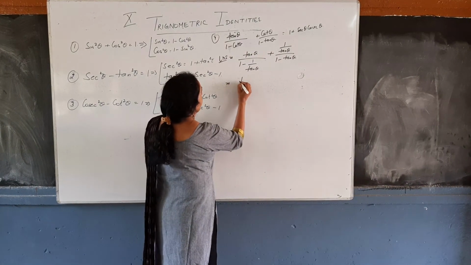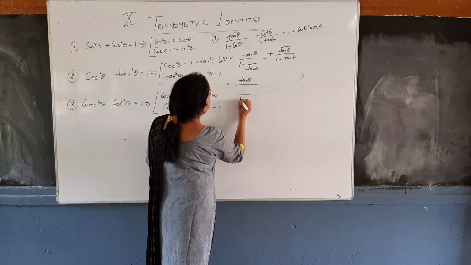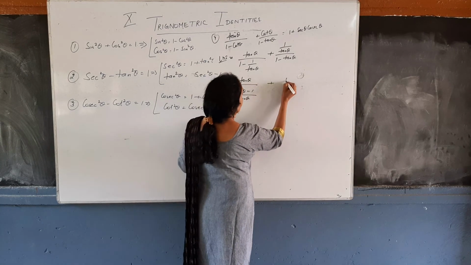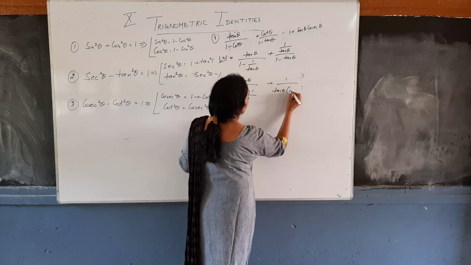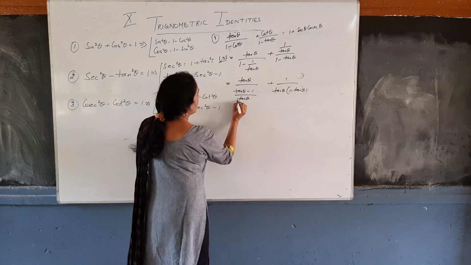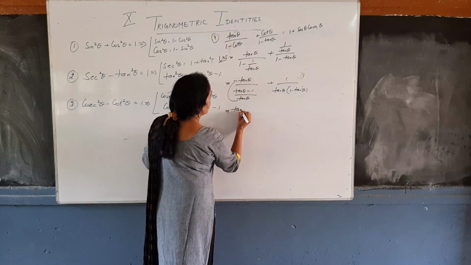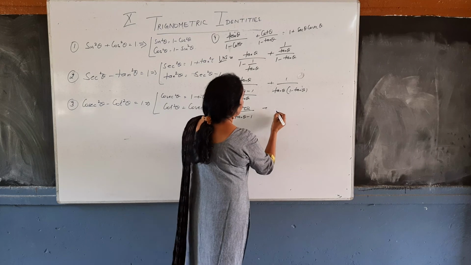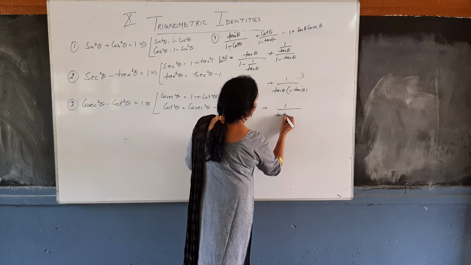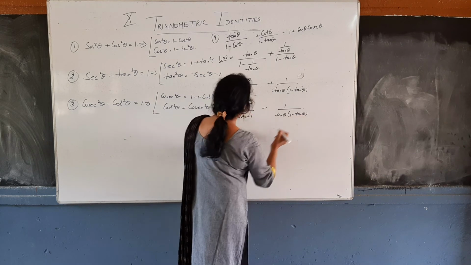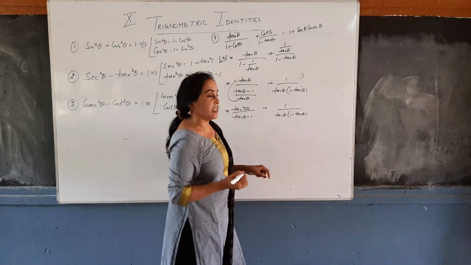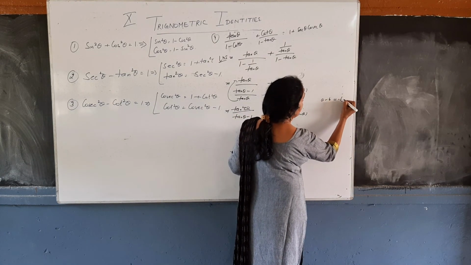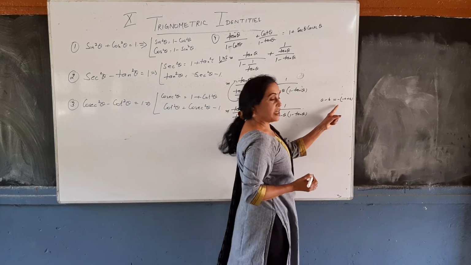Again further, tan theta upon, take the same here, tan theta, so it will be tan theta minus 1 over tan theta, plus 1 upon tan theta into 1 minus tan theta. Here this tan will go in the numerator, so it will be tan square theta upon tan theta minus 1. Now plus 1 upon tan theta into 1 minus tan theta. Now see here, it is tan theta minus 1, here 1 minus tan theta. So if it is given a minus b, we can write it like this also, b minus a, if we take the minus sign common.